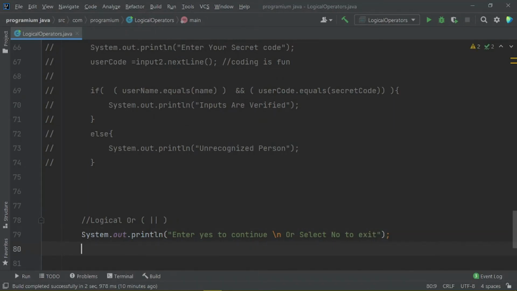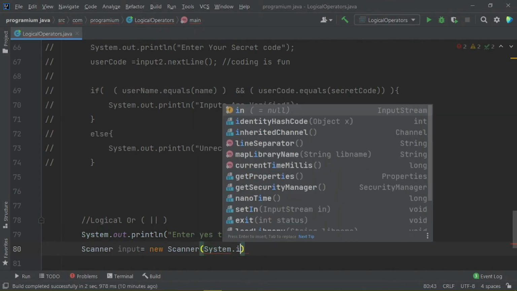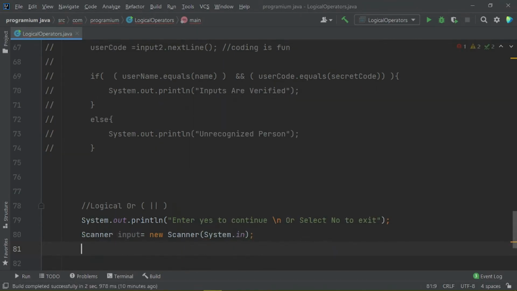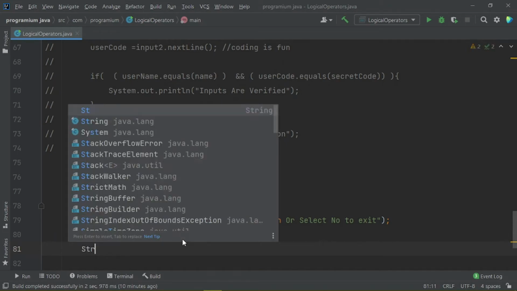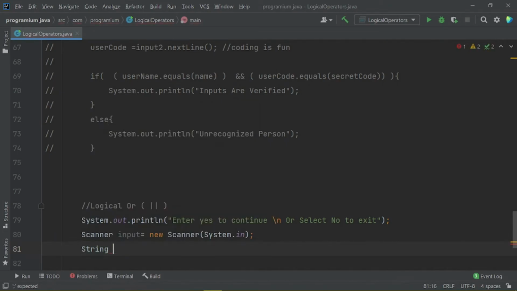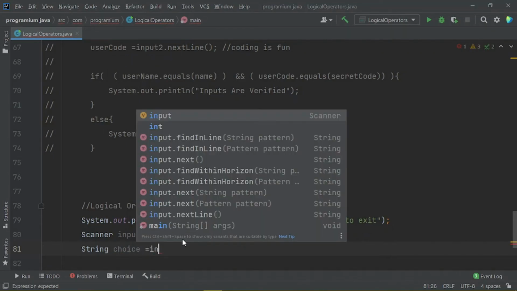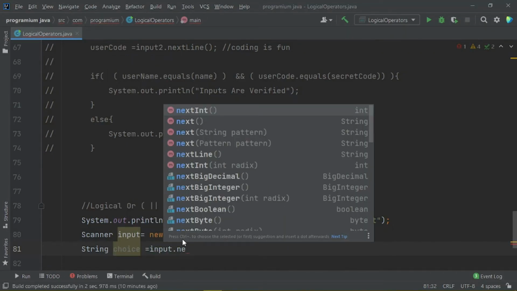Okay, let us create a scanner object here by the name of again input is equals to new System.in. So let us create a string variable whose name is choice, and input dot next.